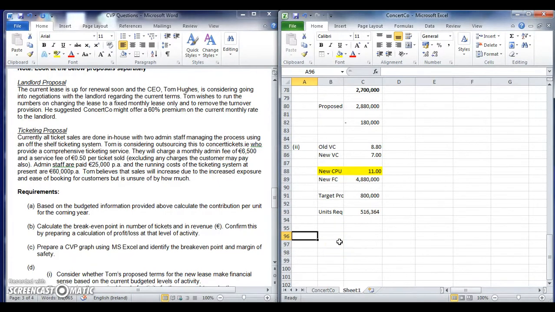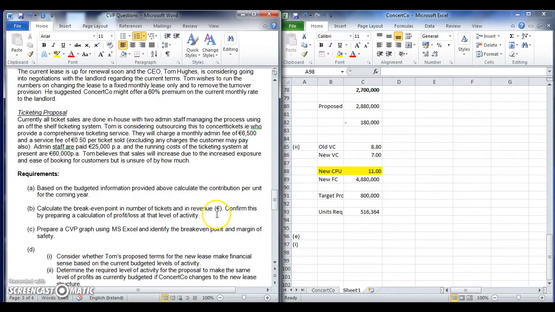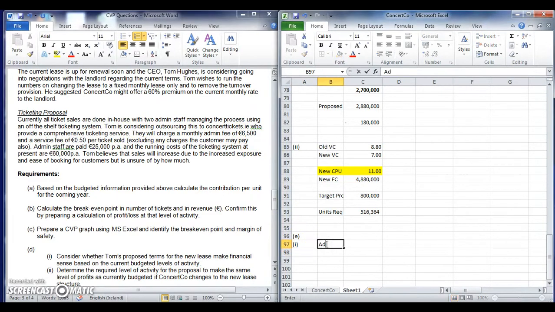So the ticketing proposal, we're looking at part E, part 1. So consider where Tom's proposed, calculate the break-even level for the new ticketing proposal. So the new proposal is, instead of doing the ticketing in-house, you're going to do it with ConcertTickets.ie. They provide a comprehensive package. So an admin fee is going to be 6,500 times 12. So that's essentially a fixed cost. And they also have a variable cost